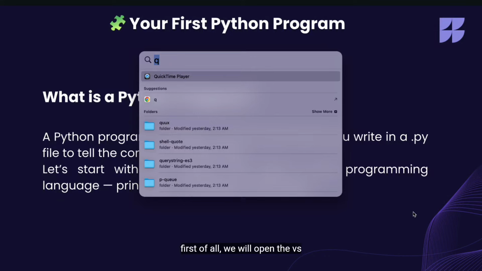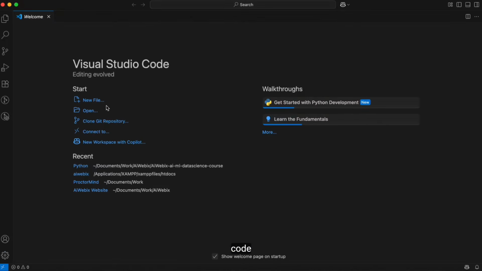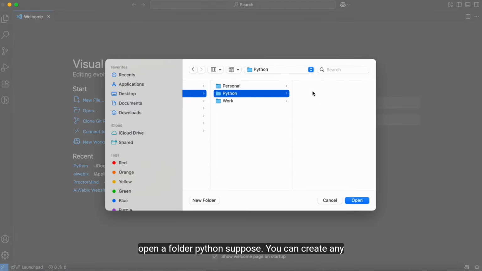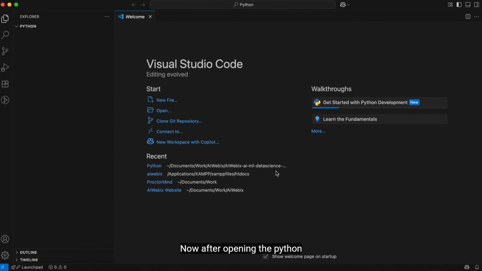So first of all, we will open the VS Code. And after opening the VS Code, we will open any folder from here. We will open a folder Python. Suppose you can create any folder in your system and you can open the folder. We will open this Python folder. Now after opening the Python folder, we will create a file here. We will create a file,